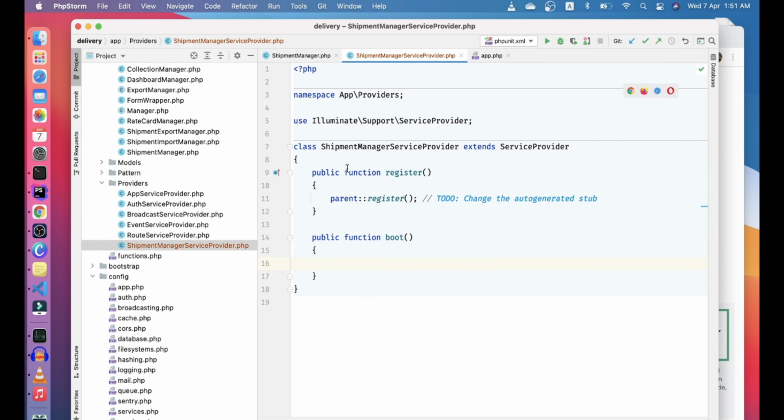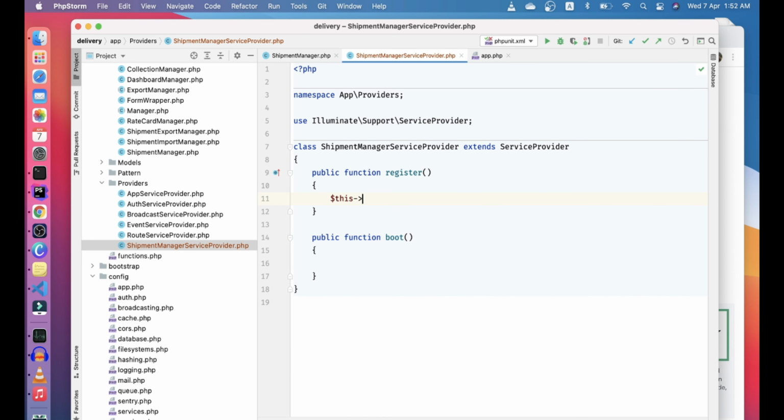Whenever the Laravel application boots, it checks if the service provider is deferrable, and if so it doesn't touch it. If the service provider is not deferrable, it goes to the register method and calls it. If there is any instance that you are loading into the container, it will do that.